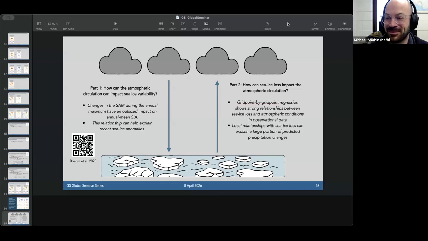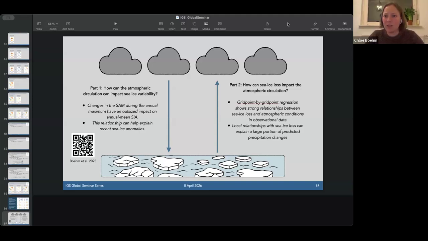So I'll preface this with saying I'm not a sea ice person, so I don't know if this is a dumb question or not. Chloe, you were presenting these processes in the Antarctic context, but you started contrasting Arctic and Antarctic sea ice. I'm curious how much you think these processes, or is there anything that you could transfer to understanding of Arctic sea ice change, or is it just such a different system that we're talking about entirely different things? I understand the circulation patterns are quite different, but are any of the processes, relative amounts of processes leading to variability in the Antarctic, going to be important to understand the Arctic as well?